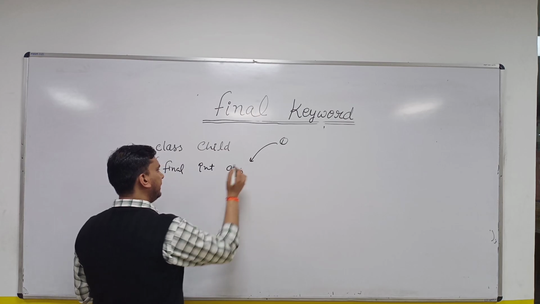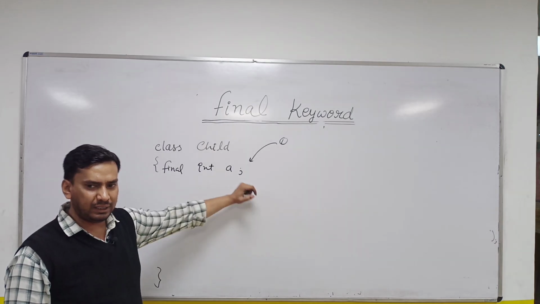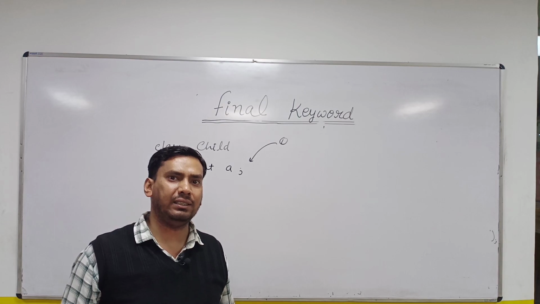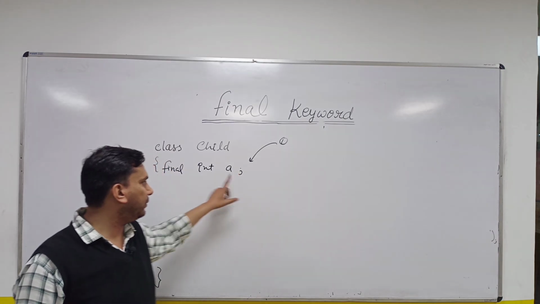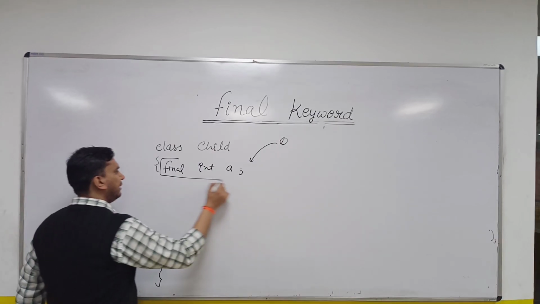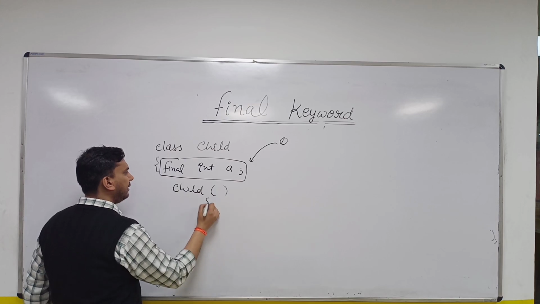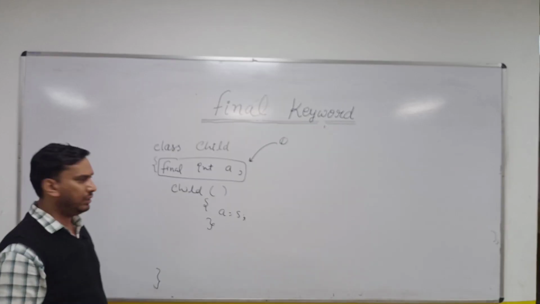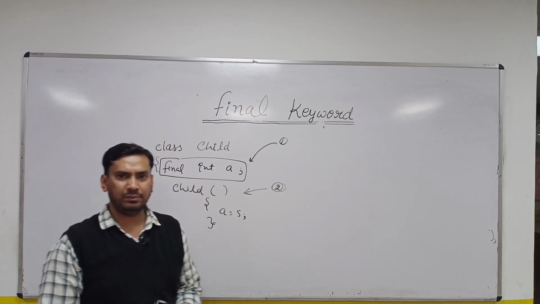But suppose I do not initialize here. In the interview they ask, I have declared a final variable, I have not initialized it there, what is the solution? The second place where you can initialize it is the constructor, because a constructor can be used to initialize the instance variable. I will not change this statement, but I will initialize in the constructor. So I create a constructor here and I can write some value here. So this is also allowed. This is your second place where you can initialize your instance variables.